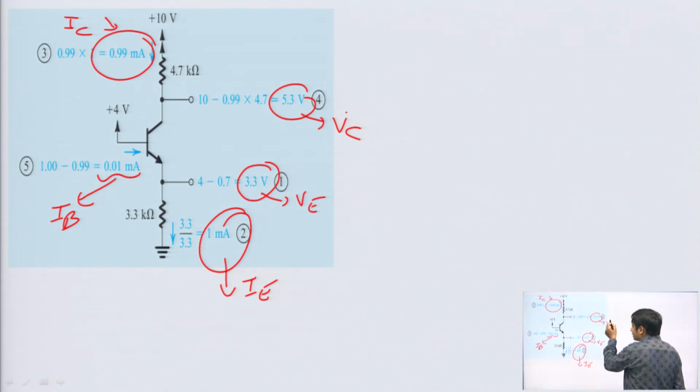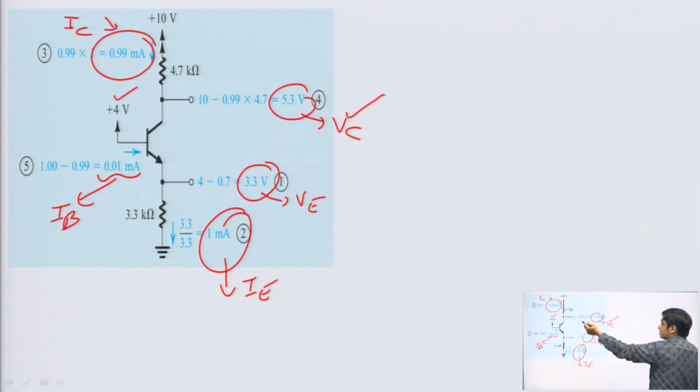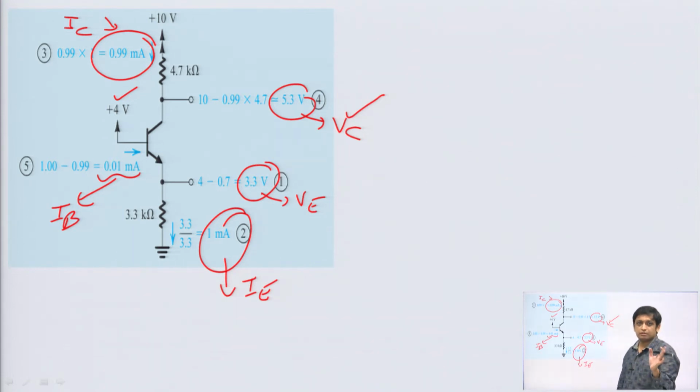Now, you can see that your base emitter junction is forward biased because VB is 0.7 volt. And your collector voltage, which is 5.3 volt, is greater than your base voltage of 4 volt by a sufficient amount, which means your collector base junction is reverse biased, because in an NPN transistor the collector is connected to N. So, this is in active region. Our assumption is right.